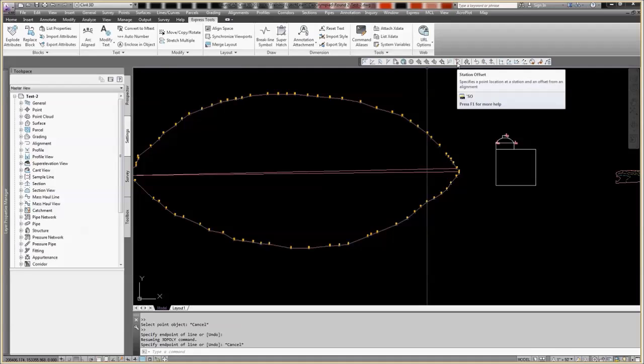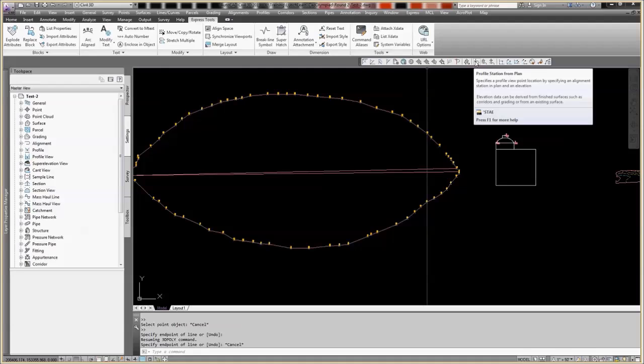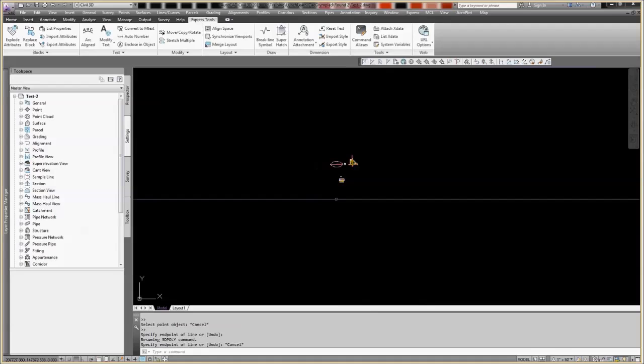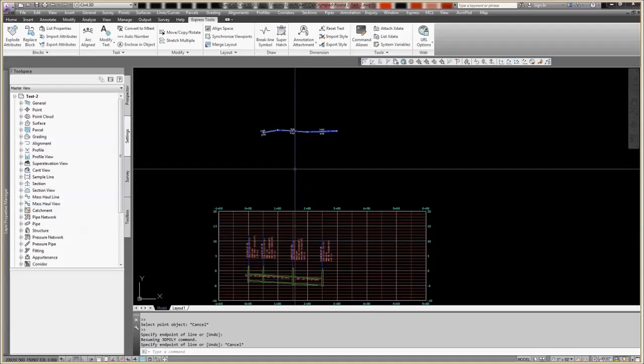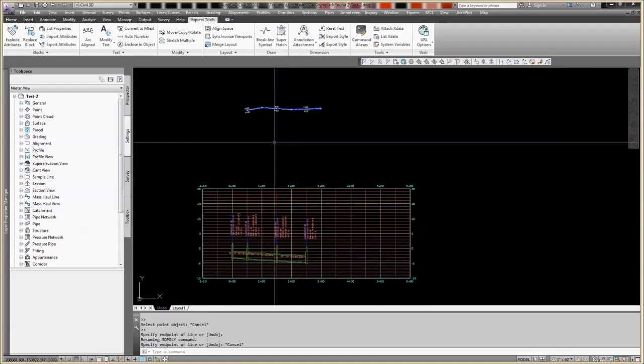station and offset. So if you want to set a point at a specific station and offset, there you go. This one's probably the one I use the most, profile, station, and offset from plan. I think I have a profile in here. Yeah. If I can take off on another little rabbit trail,